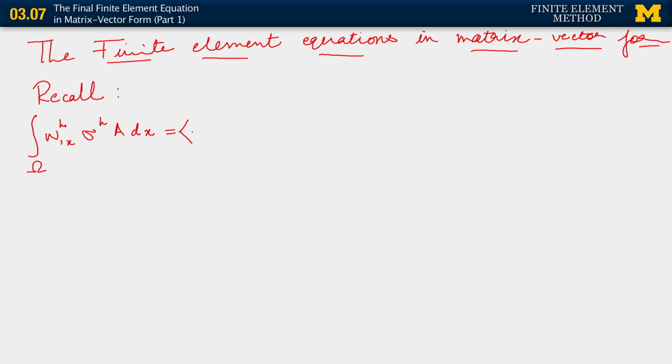We had a row vector of degrees of freedom corresponding to the weighting function, and this began with this particular entry, right? c2, c3 in terms of global degree of freedom numbers, right? This went all the way until we came to c_{NEL+1}. Okay? This was multiplied by EA. And then we had this